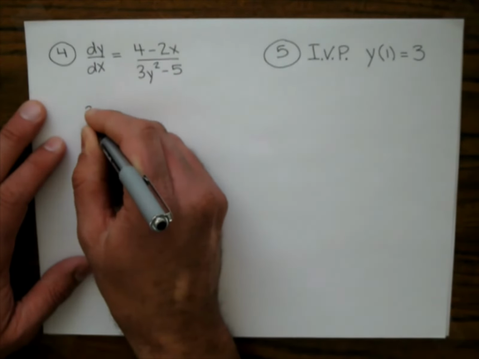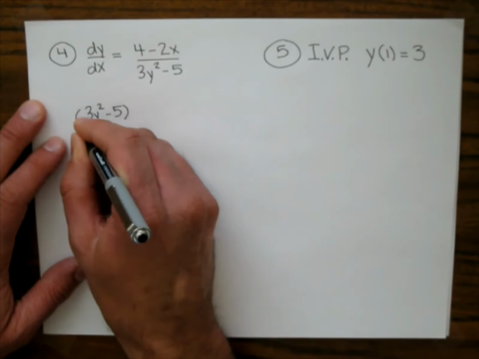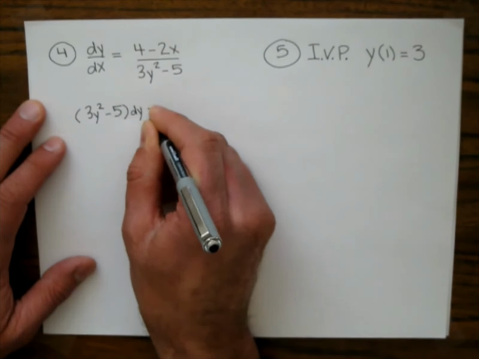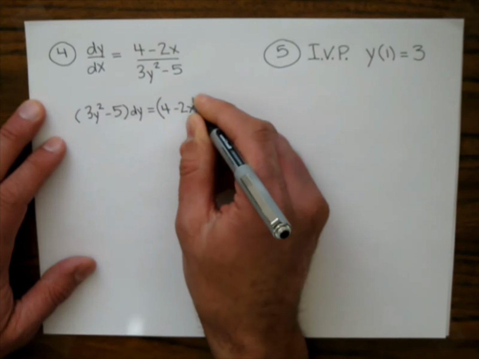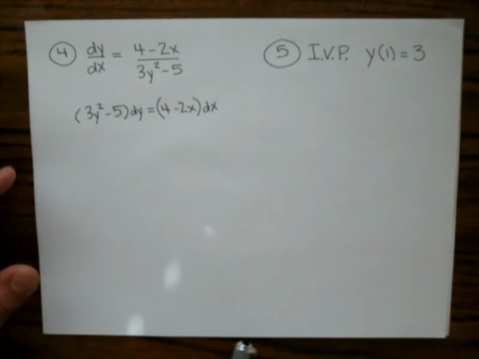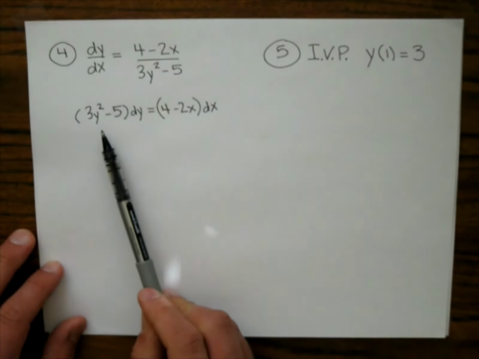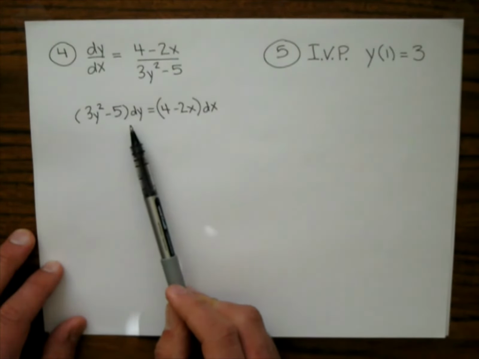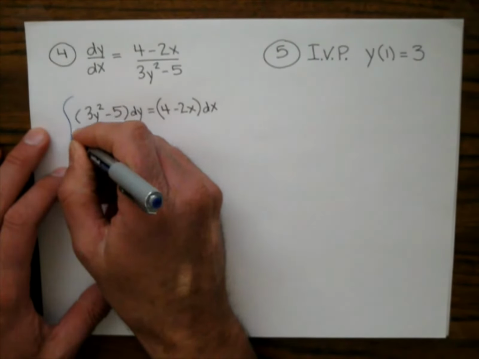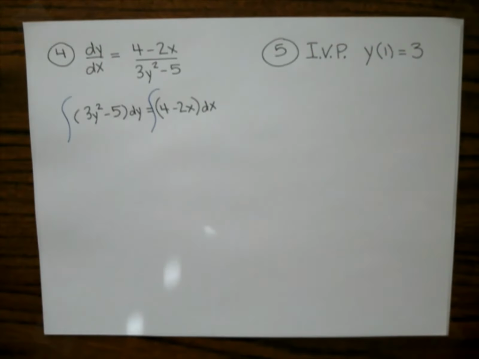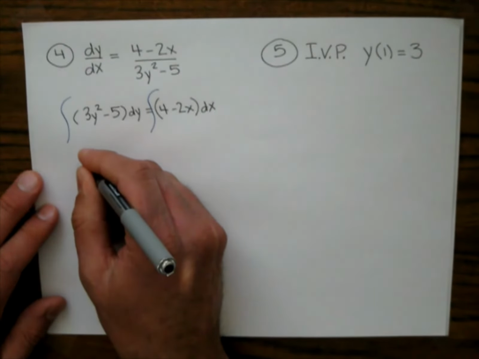I'm going to end up getting (3y squared minus 5) times dy equals (4 minus 2x) times dx. So that's what I have. And I've actually, just by doing that cross multiply, separated this equation. Y is on the left, x is on the right. I'm going to go ahead and integrate both sides. Whoa. And when you do the integral of both sides, you end up getting y cubed